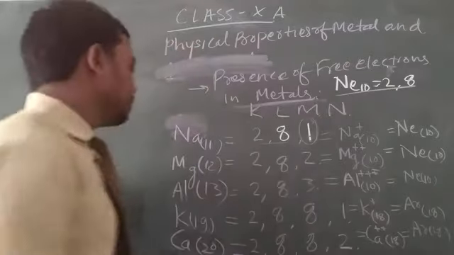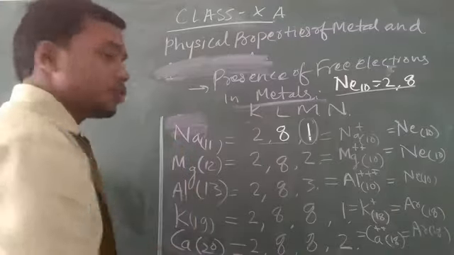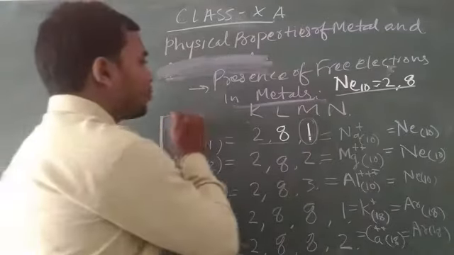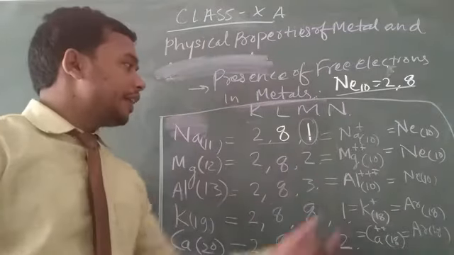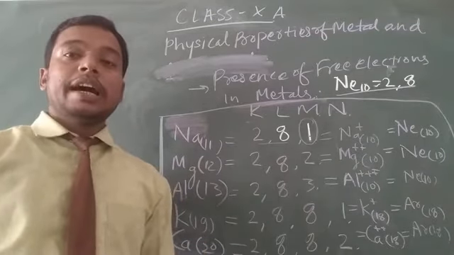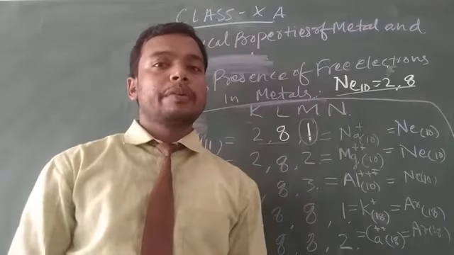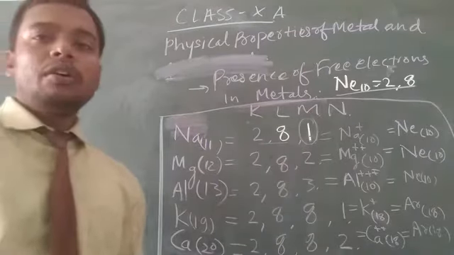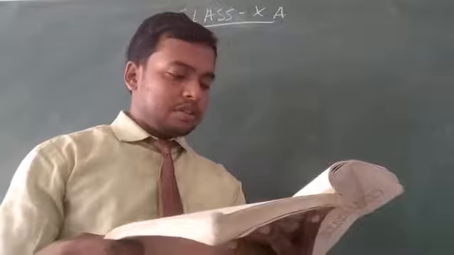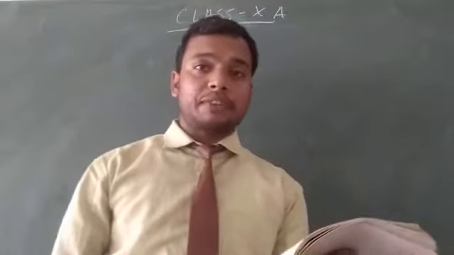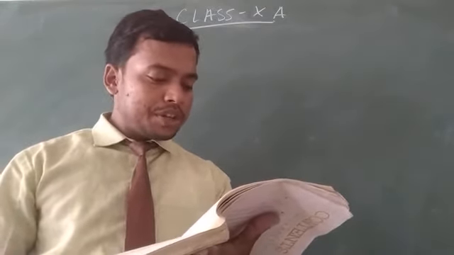So these metals lose one or more than one electron to gain stability like the noble gases. And this property of metals shows the reactivity of the metals. Now another thing, there is a question for students from your study topic from chapter 3: give an example of a metal which